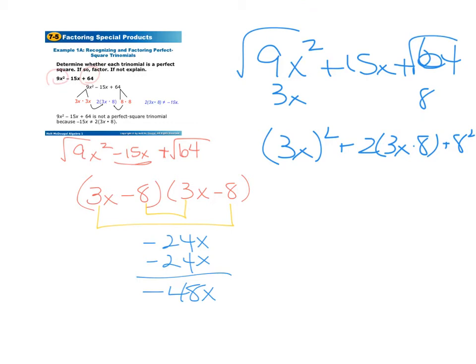So when the signs in the original are negative, positive, that means that the signs in the solution are going to be negative, negative. Yes. The last term's always going to be positive in these perfect square trinomials. So the signs are either going to be plus plus or minus plus. The last one's not going to be negative in these. In the actual solution? It could be negative, negative,